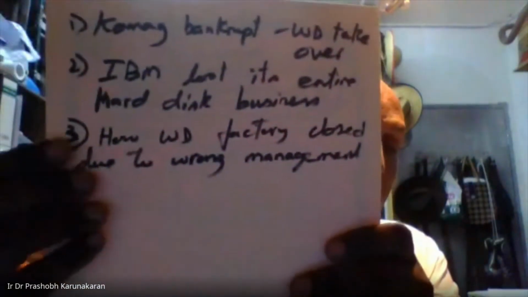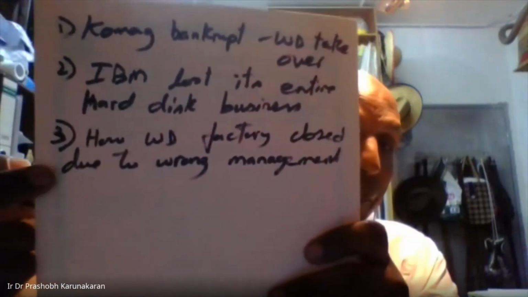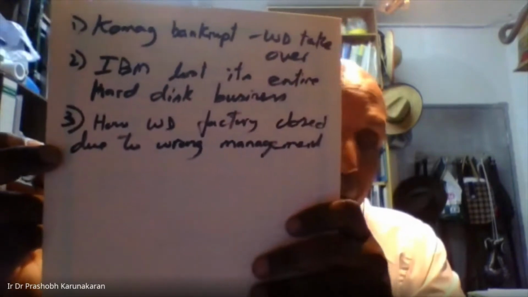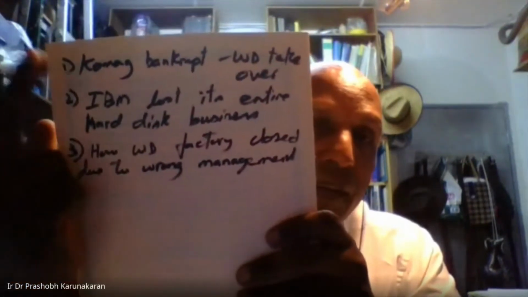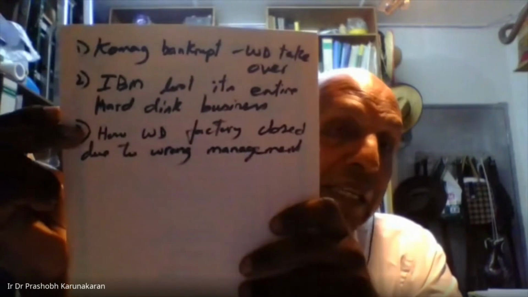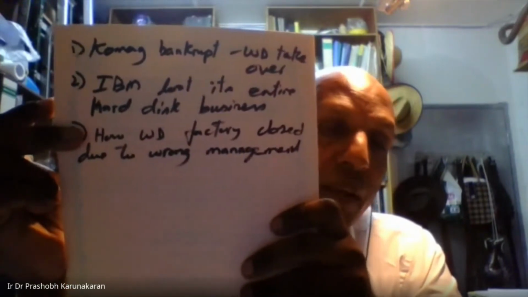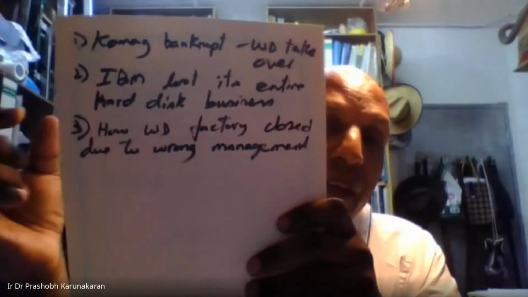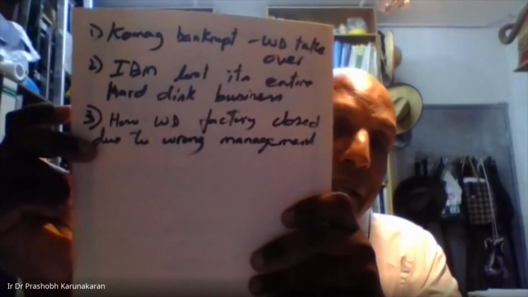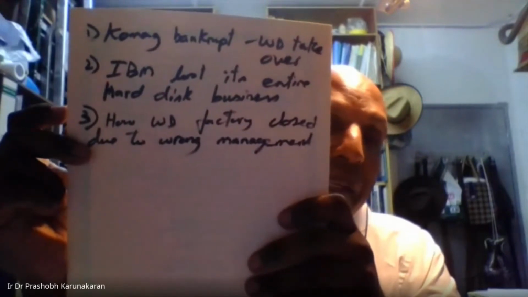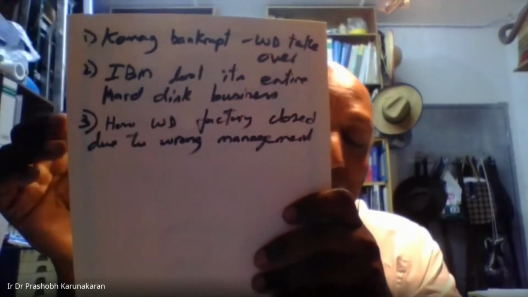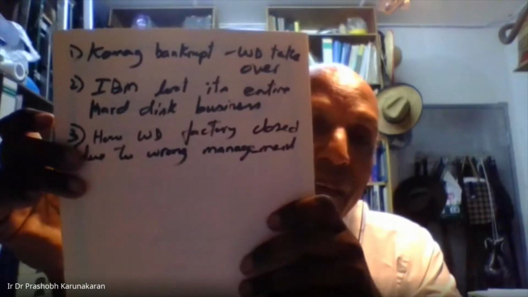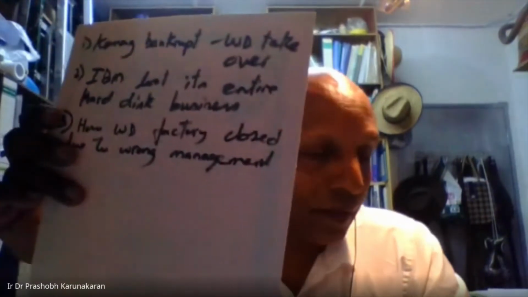WD factory eventually closed in Kuching in 2009 due to another mistake. So the first 2 were the research leader's mistake. Okay, the research leader in the US made a mistake. The last one was our own engineers in Kuching making a mistake of basically not respecting the workers. Yeah, there's another question in your exam. You must explain